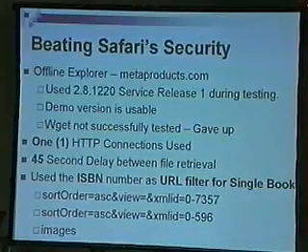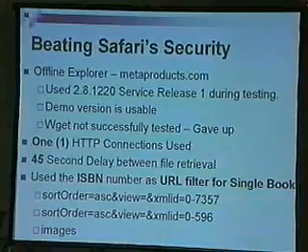If you really want to archive a website, it will do a good job really fast. But I set it up with just one connection and a 45-second delay between retrieves, because O'Reilly doesn't like you getting a lot of stuff real fast. That's going to set off the alarms real quick. And if you want to filter it so that you only get a single book, you can use the ISBN number as a file name filter, because all the parts of the book are going to have the ISBN number in it. So if you just want a single book in the bookshelf, you just add that ISBN number, and you'll just get that book when you go through the download.